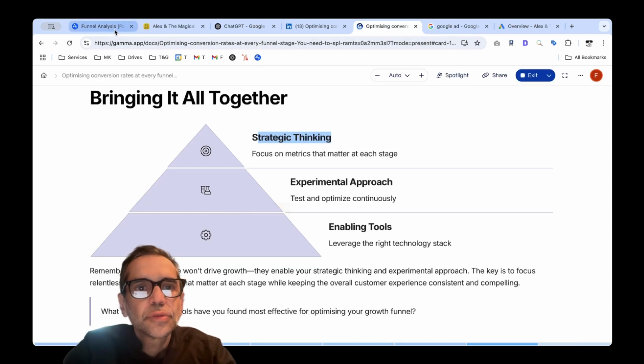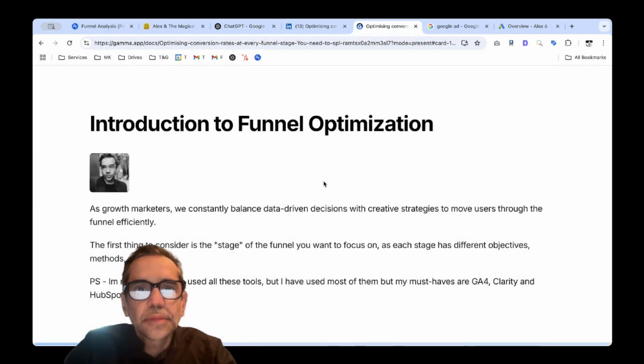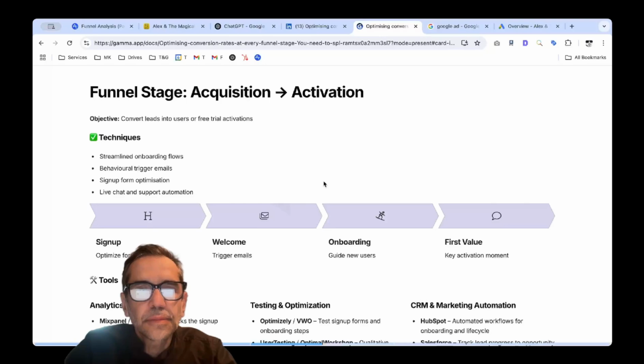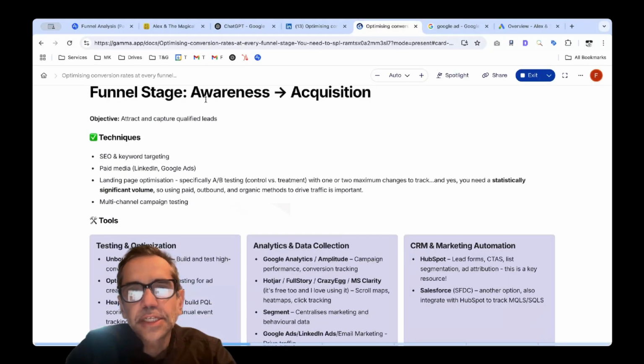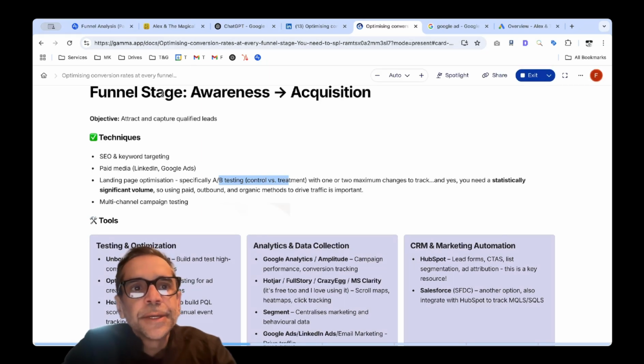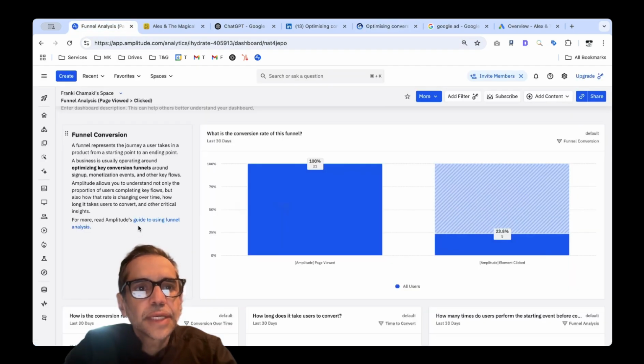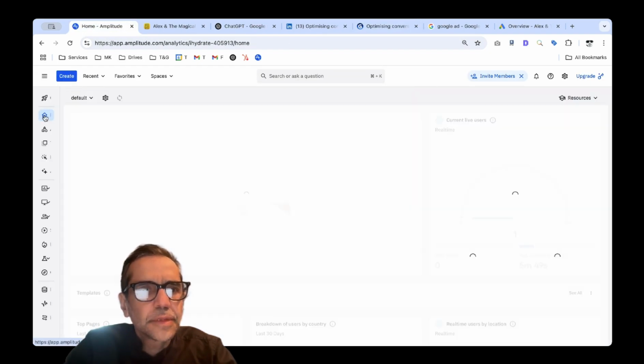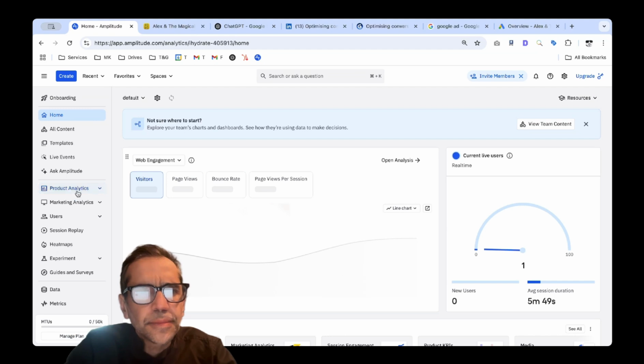So let me go into one of them. If I go back to the beginning, into the funnel stage, awareness to conversion, this is all about how to optimize my keywords, how to optimize my landing pages, to run the A/B test. Really, you want to see how you move those people who are aware of your product into your central acquisition. And I'm going into Aperture, and Aperture has a lot of tools, because what I like about